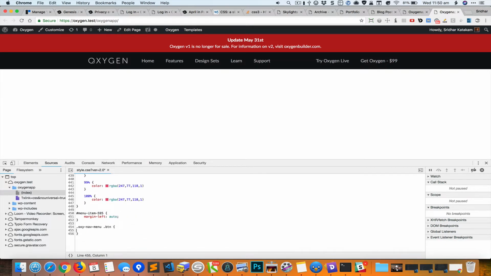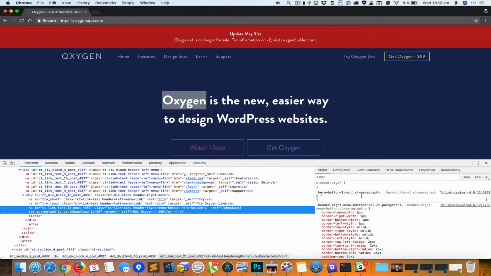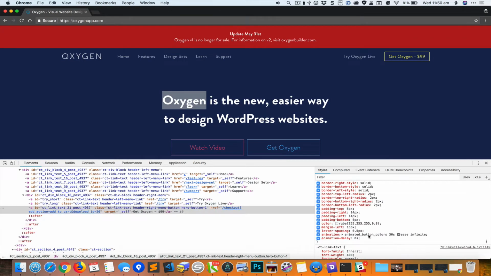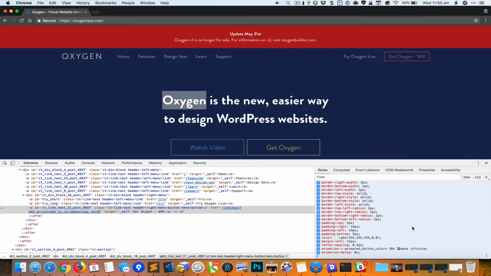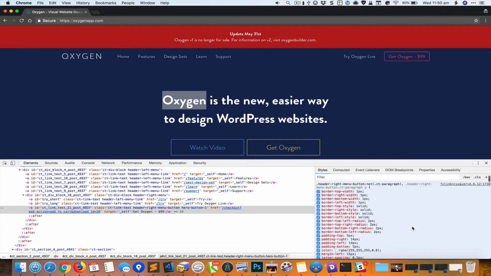So for this button, now I can copy the code which is here for the animation, like that,